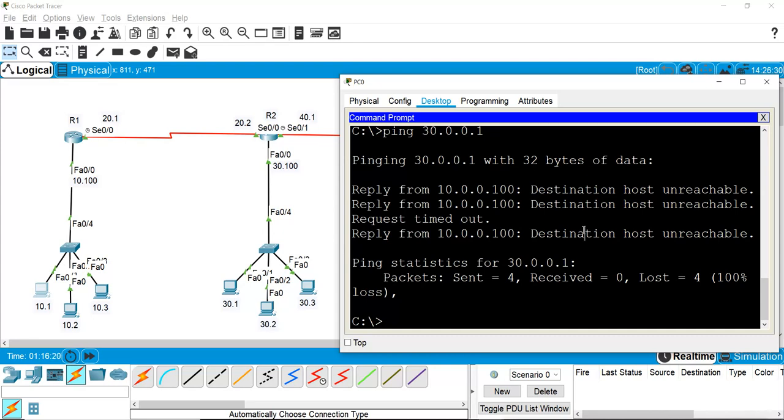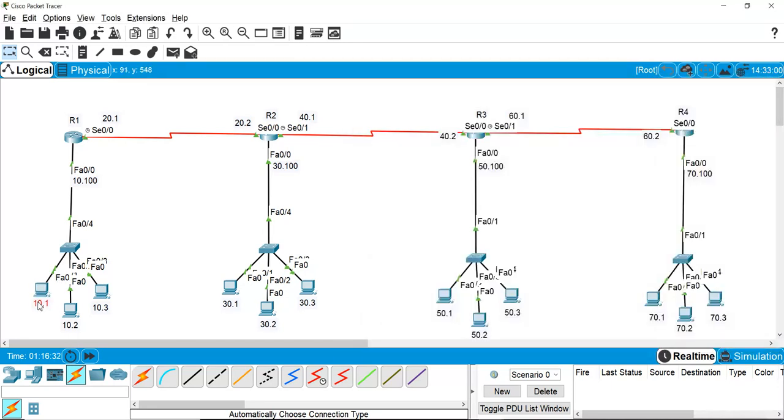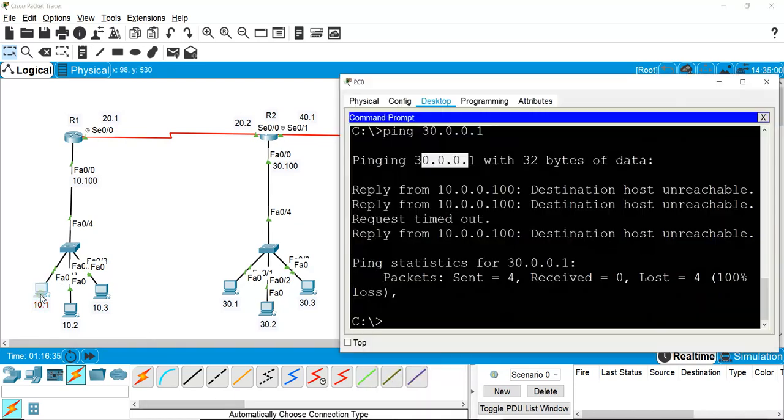Because the router doesn't know about the other network. It does not know anything about network 30. So what happens when you ping from your machine is that your machine first checks its own network. Say this machine's IP is 10.0.0.1, and the subnet mask is 255.0.0.0.